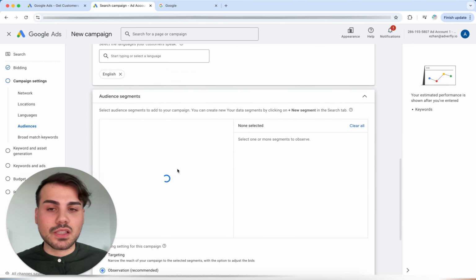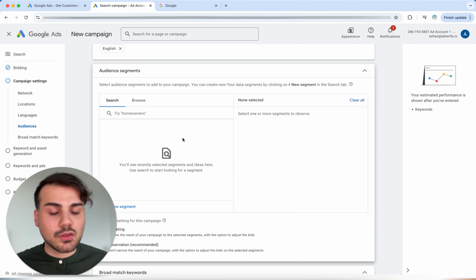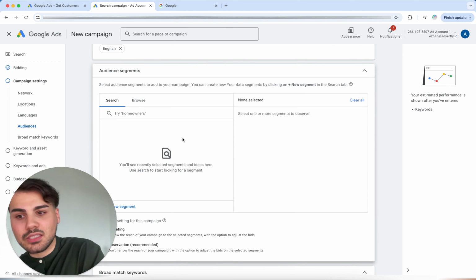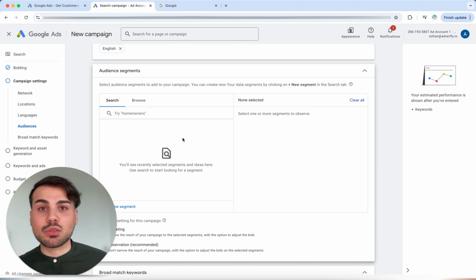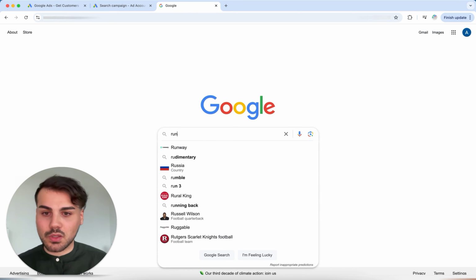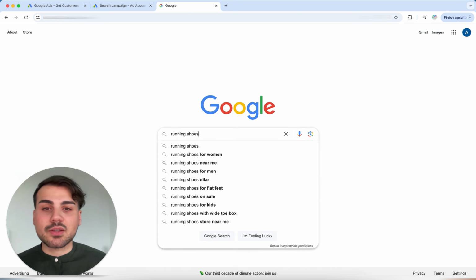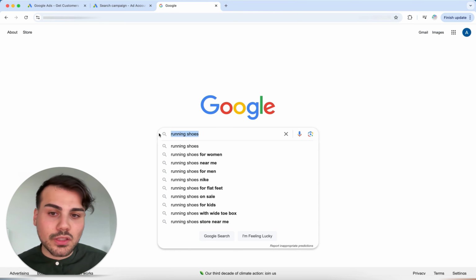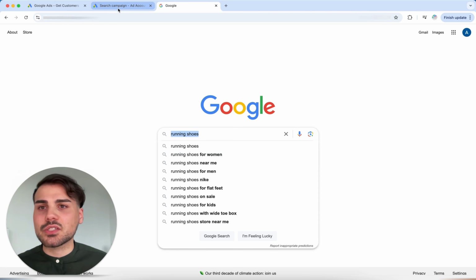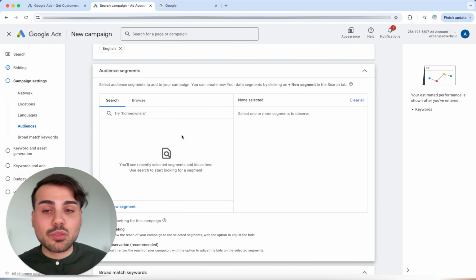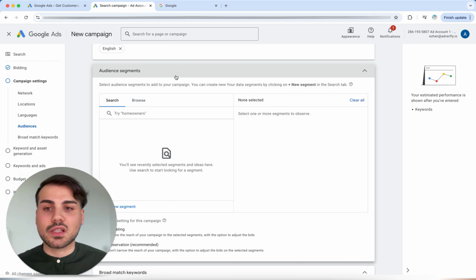And here it is the case that you can simply ignore it. This is more for experts. And since we want to create a search campaign, for example, when we search for something here in Google, for example, if we search for running shoe, then we will see the search results that we all know. After these words here, we want to optimize it, such as running shoes for women, running shoes for men. You can do the same with your product or service. That's why we don't want to target based on interests and can then deactivate it here.